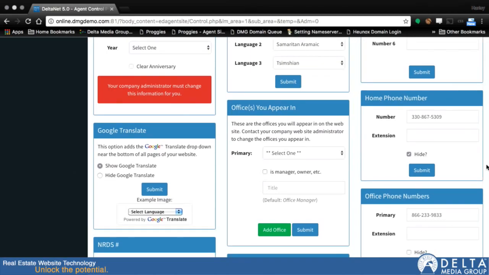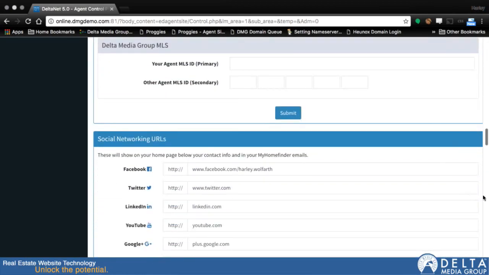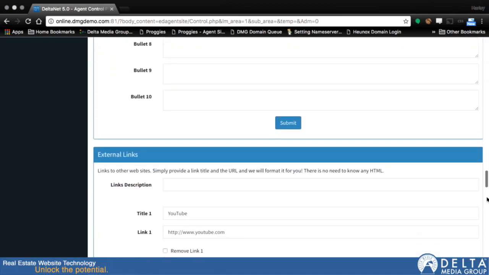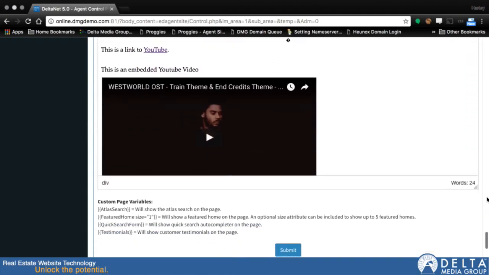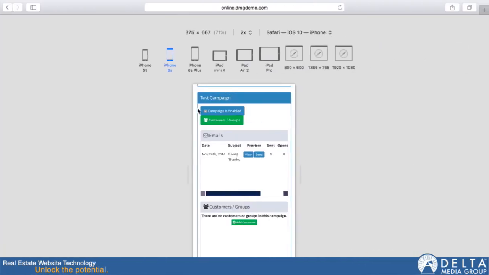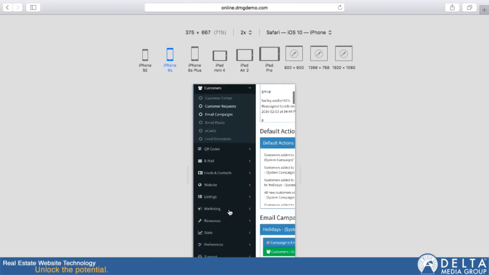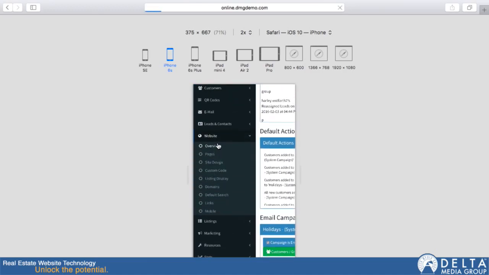You can go through and you can add and remove everything the same way, but now if you need to make any changes, you can just go ahead and do it on mobile. We scroll down here, our paragraph about you section is the same. This is where our homepage content would be. You can fill all that in. If you needed to make a quick change to your homepage, you could do it on your mobile site. We scroll up here, we'll go down to website, overviews,